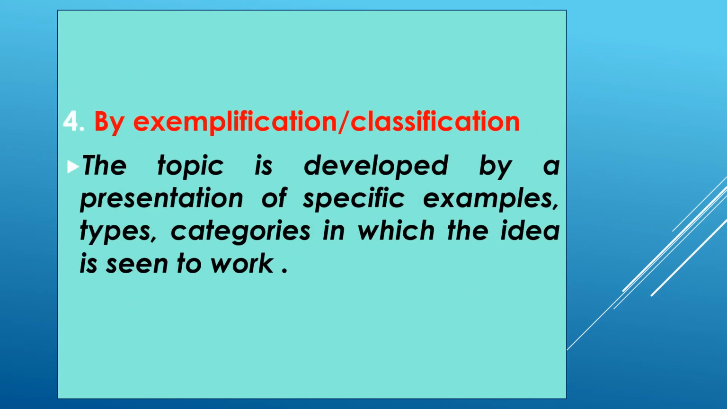The fourth way to develop a paragraph is by exemplification and classification. Here, the topic is developed by a presentation of specific examples, types, categories in which the idea is seen to work. Exemplification, or also known as illustration, is the most common and effective pattern to explain an idea or point. On developing this kind of paragraph, the writer develops a general statement, the topic sentence, with one or more examples